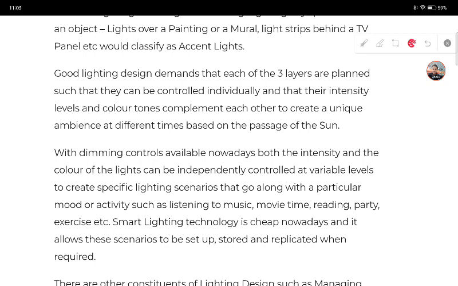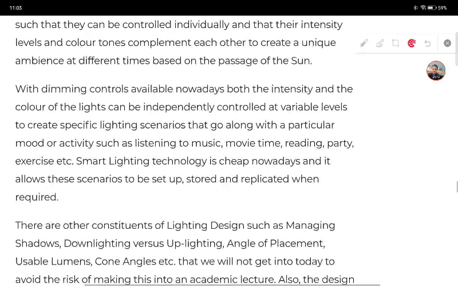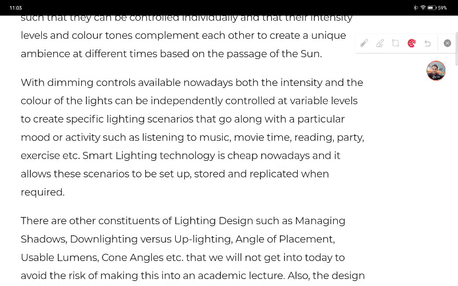Their intensity levels and color tones complement each other to create a unique ambience at different times based on the passage of the sun. With dimming controls available nowadays, both the intensity and the color of the light can be independently controlled. So now we have dimming systems that can independently control variable levels to create specific lighting scenarios